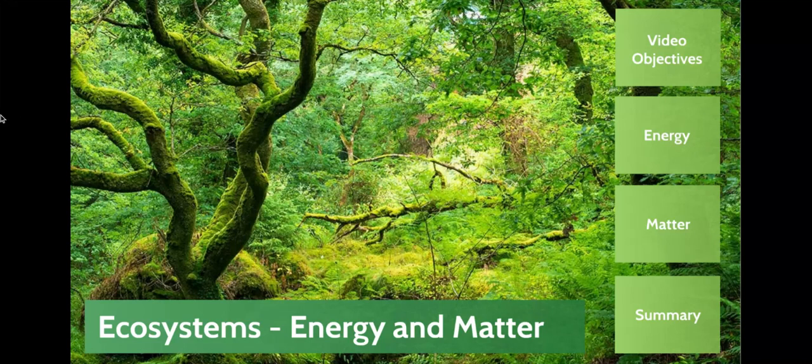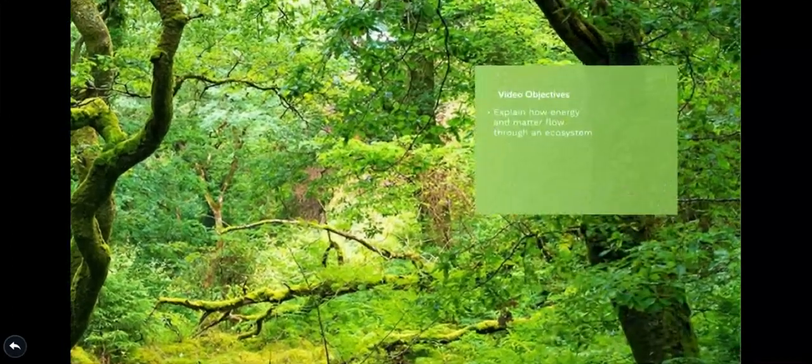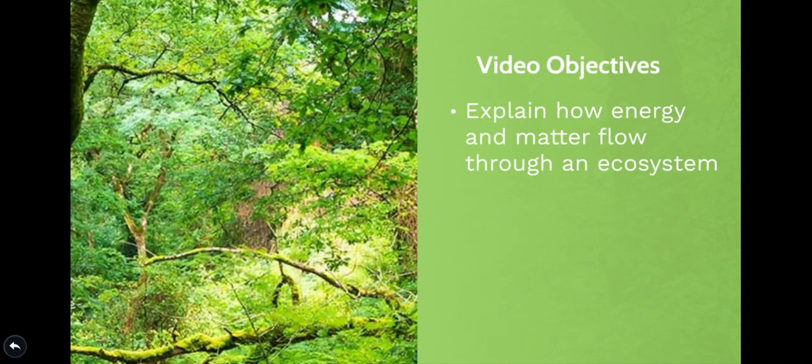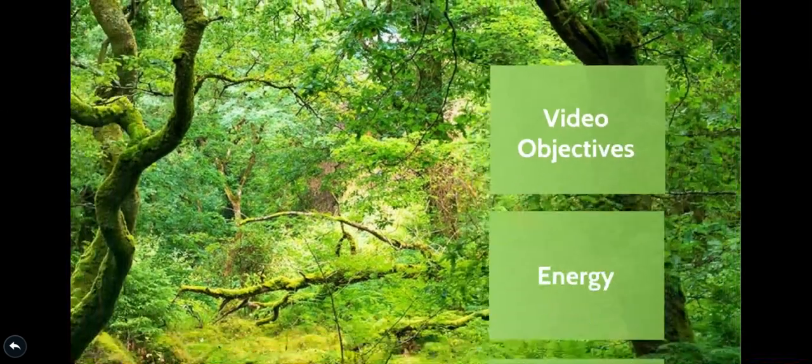Now we know that ecosystems are the interactions between the biotic and the abiotic factors in an area. What we can start to do is think about how these processes affect energy and matter. Now, in this video, we're going to explain how energy and matter flow through an ecosystem, and this is through processes such as abiotic and biotic factors, and we'll have a look at these and give examples to explain how